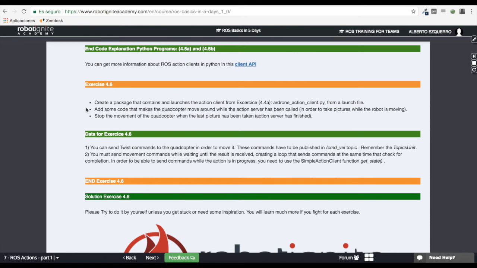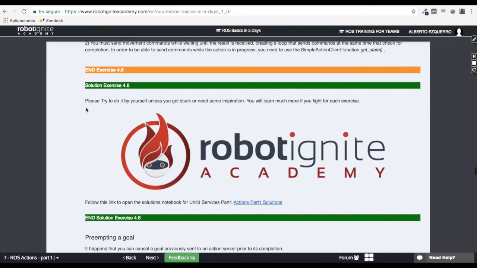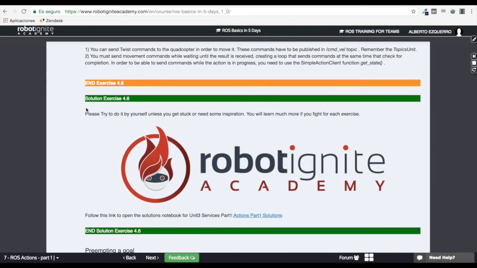You can stop the video here if you want in order to do the exercise. I will keep going with the explanation, but you can do whatever you want. You can pause. I highly recommend you to try to do the exercise by yourself, even if it takes a lot of time, even if you think it's very hard. Try it, and then